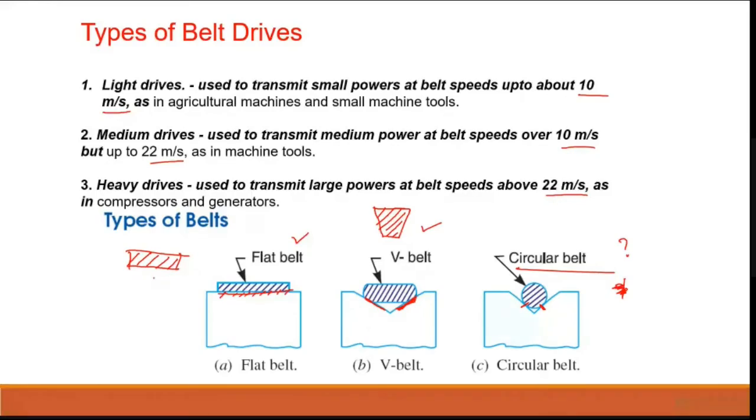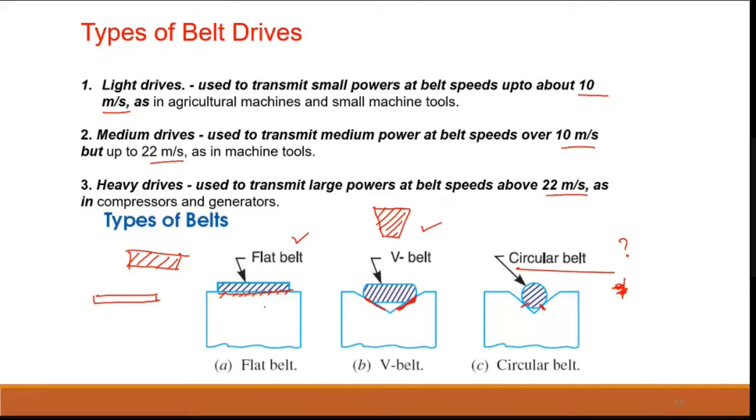If it is thinner, we have higher elongation. These things can be rectified in this V belt, right? So the contact surface is also more, and the thickness is also somewhat lesser. That is enough, right? So that's why most of the time they will prefer V. Sometimes there are some complications. Wherever you can see some grinding operations, we go for flat belt.